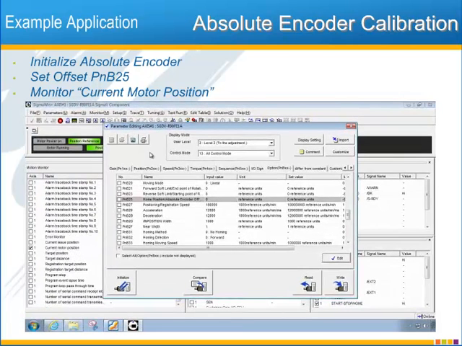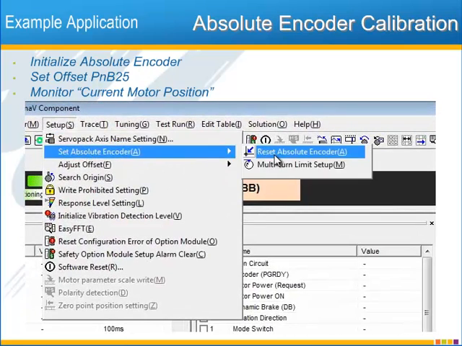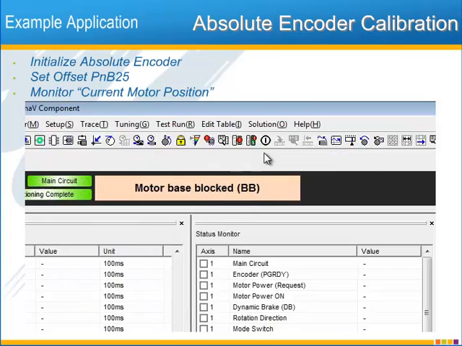If this parameter is not 0, at this time you'd want to set it to 0 and write that in. Leaving parameter editor, go to the setup menu and reset the absolute encoder because this current position offset is too big. I'll go to reset absolute encoder,